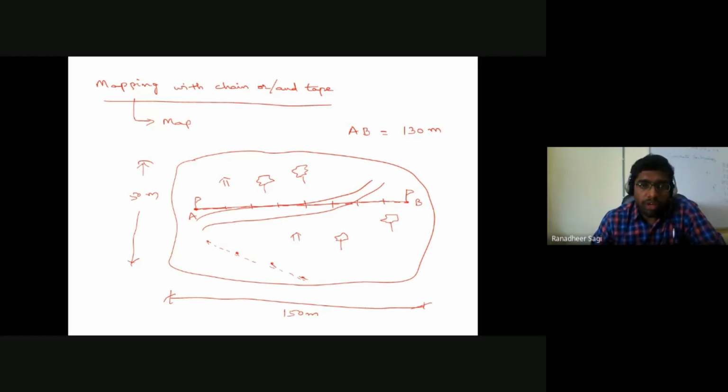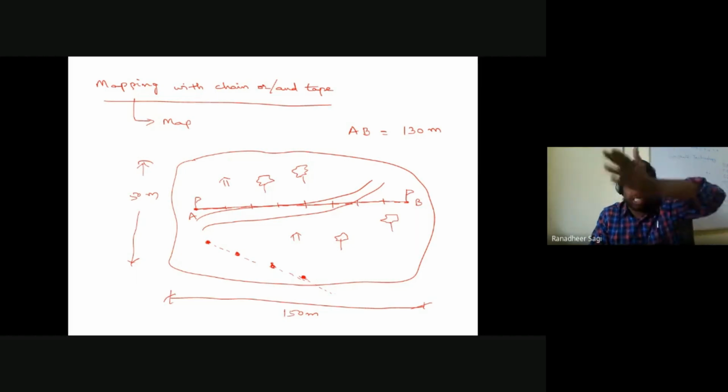Now look here, this is one electrical pole, another electrical pole, third electrical pole, fourth electrical pole. This is how it is, and I have my boundary beyond which the other electrical poles are going. I'm not interested in looking at those. I just want to figure out the positions of all these electrical poles that I have. And I could clearly understand that all those electrical poles are existing in some straight line.